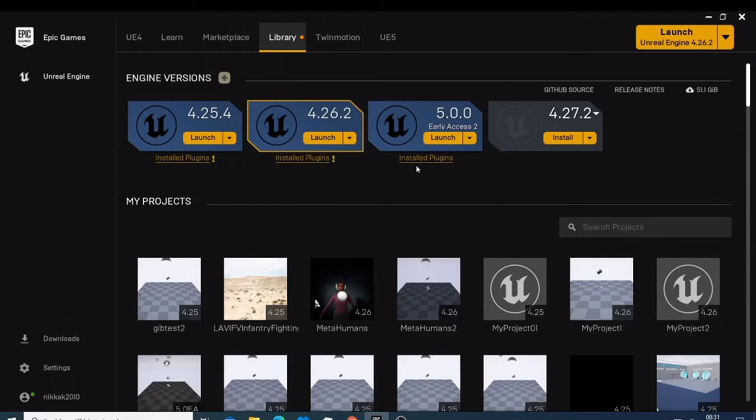And today I would like first of all to show you how the Unreal Engine 5.0, this is the early access, looks when you open it for the first time. So yesterday we did a video where I showed you how you can download it, how you can download the small file. Like you can see here, I have already the engine installed, and the reading here is only 51.1